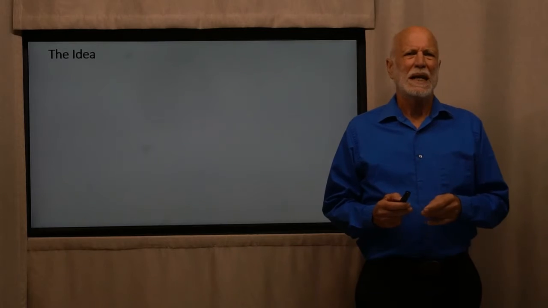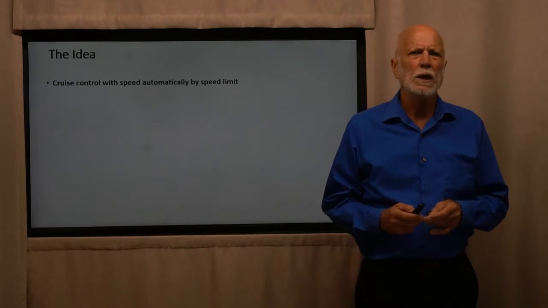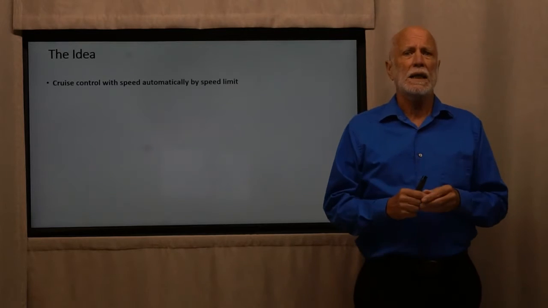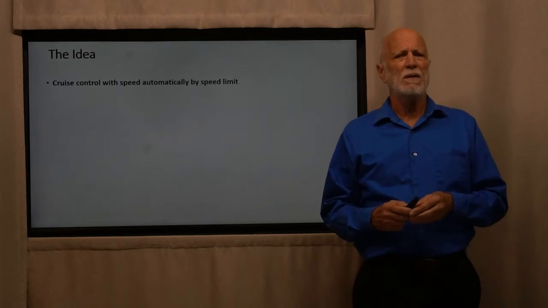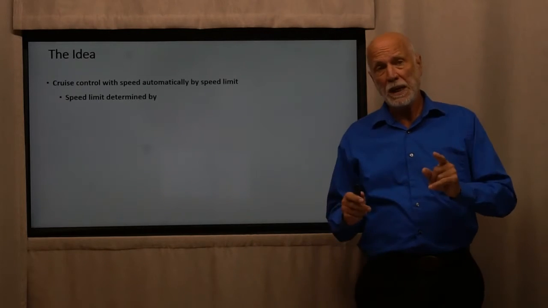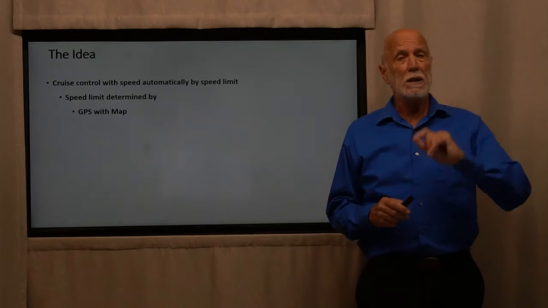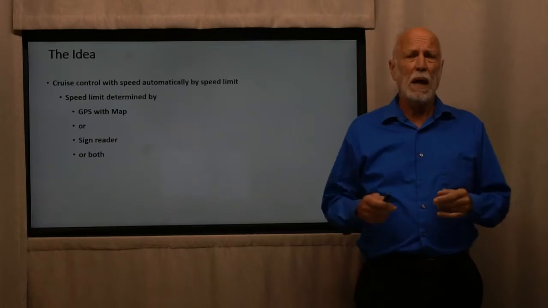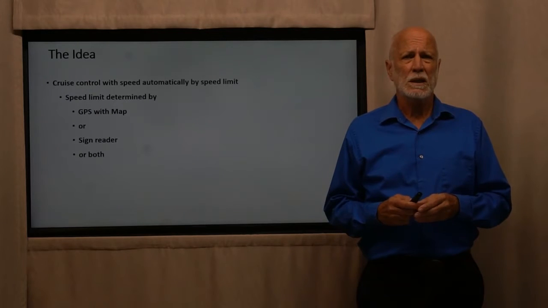So, here's the idea. We're going to have a cruise control with the speed automatically set by the speed limit finder. And the idea is where our speed limit is going to be determined by either GPS with a map or a sign reader, or maybe both. Okay. Now,